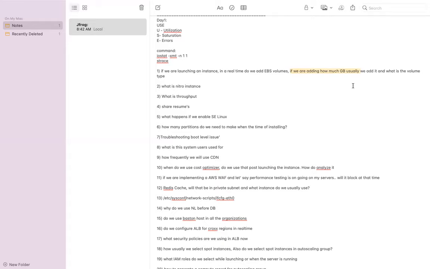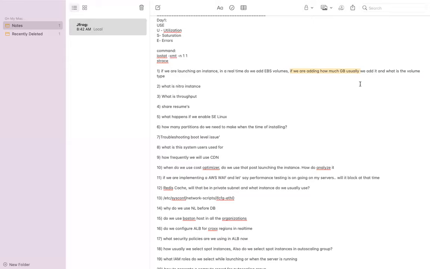Especially when we know very well that the servers are going to run behind an auto scaling group, we keep the logs in a centralized location and we keep on creating new instances. So 15 to 20 GB disk space is good enough if the application is not very heavy. Just giving a straightforward answer that 20 GB will be good enough would not be a good idea. If we feel that the logs our application generates are really huge, we might need to add additional disk space to the server.